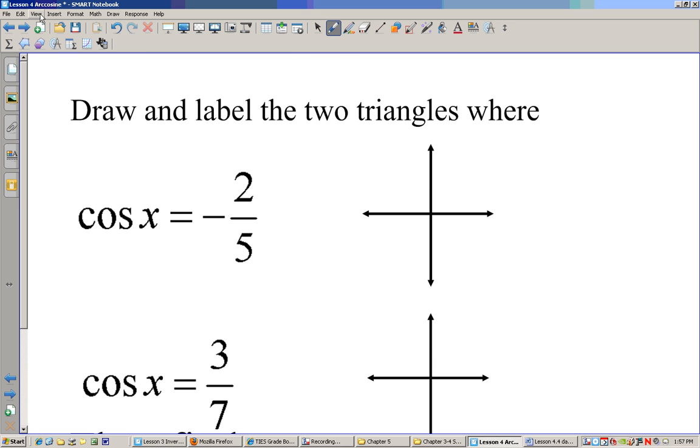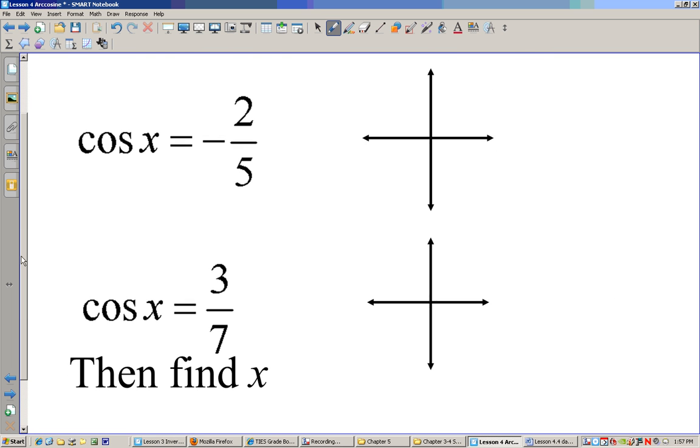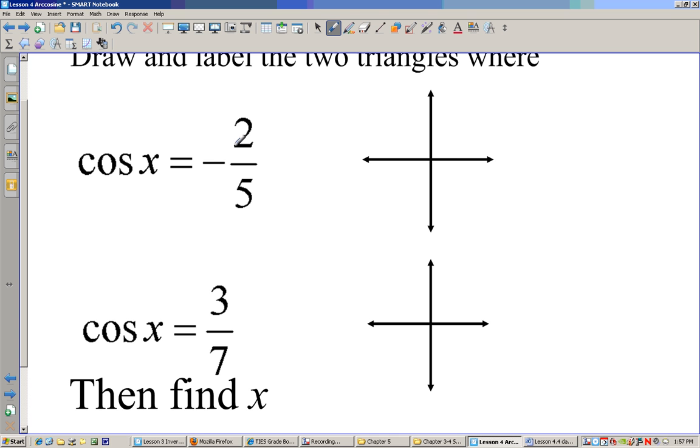All right. Now, if we have cosine of x equals negative 2/5, this is in radians because that has an x. So the first thing I need to do is turn my calculator to radian mode. And now I do the inverse cosine of negative 2/5, and my answer is